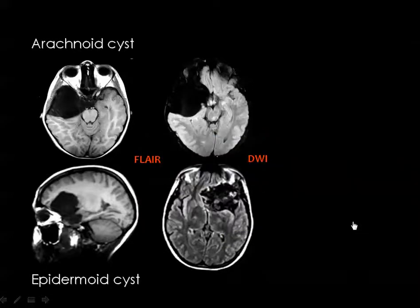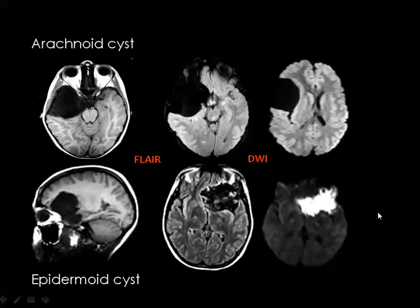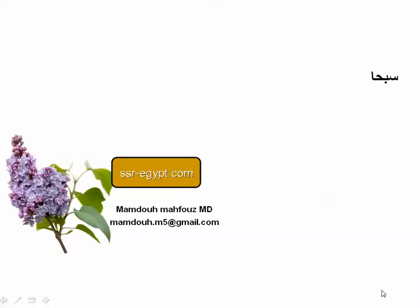And this is the diffusion weighted image. The arachnoid cyst will show the free diffusion and the epidermoid cyst will show the restricted diffusion. Both lesions are almost similar in the T1 and the T2 weighted images, but the differentiation will depend on the FLAIR images where the arachnoid cyst will appear black, similar to the CSF, but the epidermoid cyst will appear gray. And in the diffusion weighted images, the arachnoid cyst will appear free and the epidermoid cyst will show the restricted